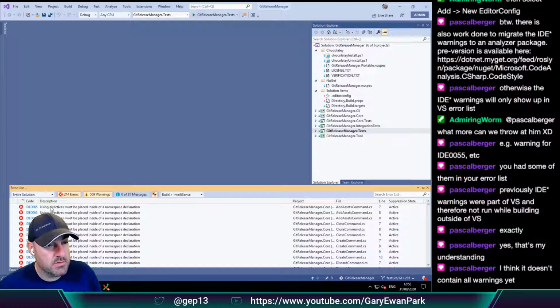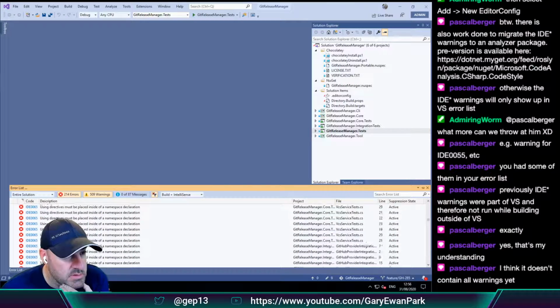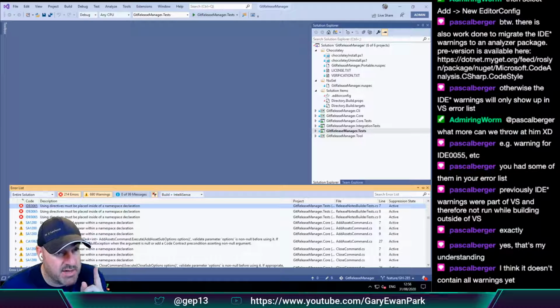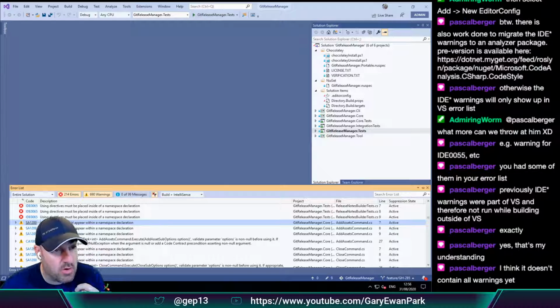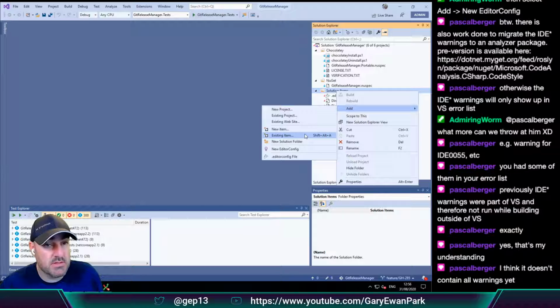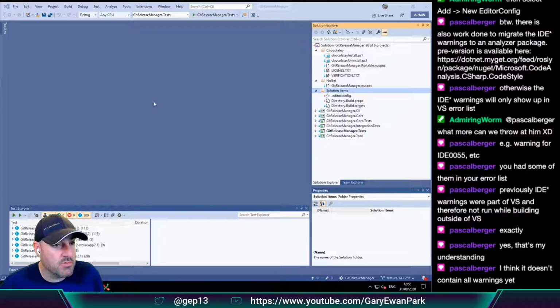Okay, so the first thing I wanted to check though, so we're getting the using errors, using directives, as an IDE warning, IDE error, but this StyleCop one is only surfacing as a warning. So how do we fix that? So let's add existing item that is my stylecop.json.